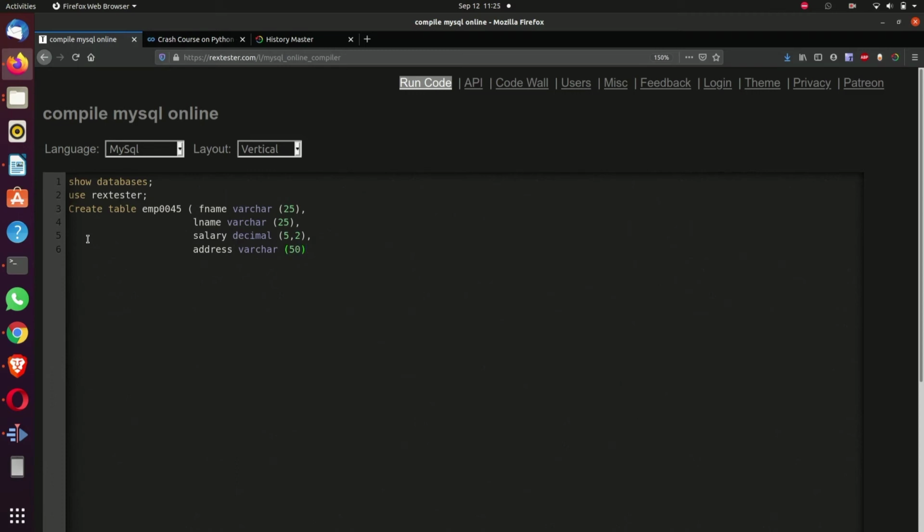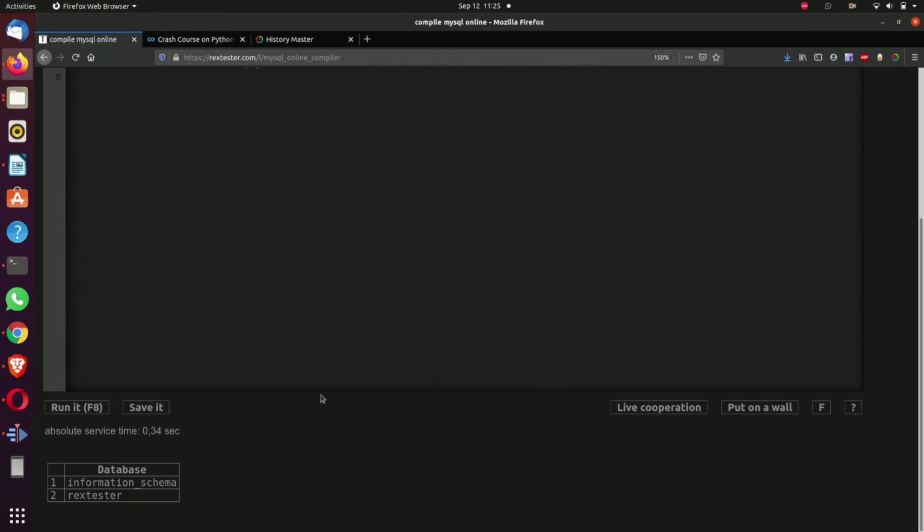Now next we will go for date of birth, that is DOB. For that we have a unique data type, that is date. Now our table is complete. Close the circular bracket, and very important, that is semicolon. Now enter. So let's run this code and see if there is any error appearing or not. Press the F8 key.